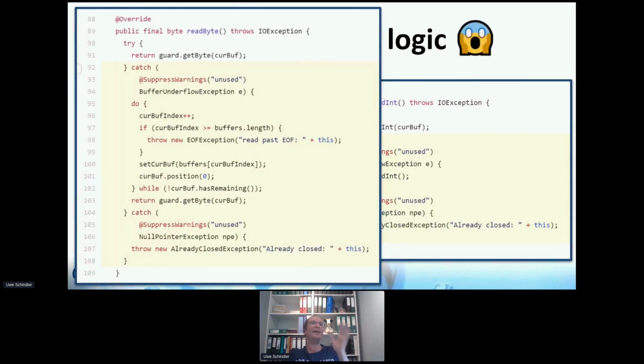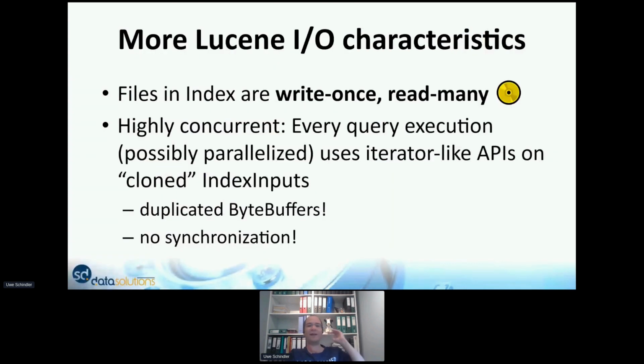So basically, in most cases, it simply works. And if it does not work, we get an exception and we just transition to another buffer. So that's the important thing about the Lucene byte buffer. You have to keep that in mind because if you read that code, a lot of people say this code is so horrible, exceptions cost so much if you hit them, but this is not really true because it's very, very seldom.